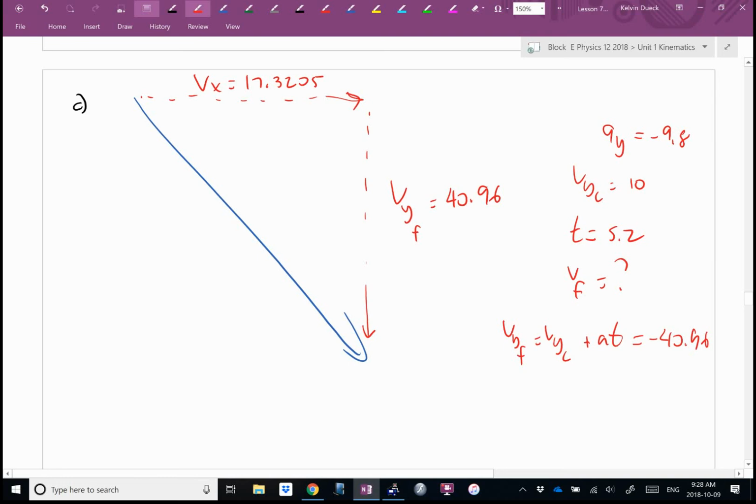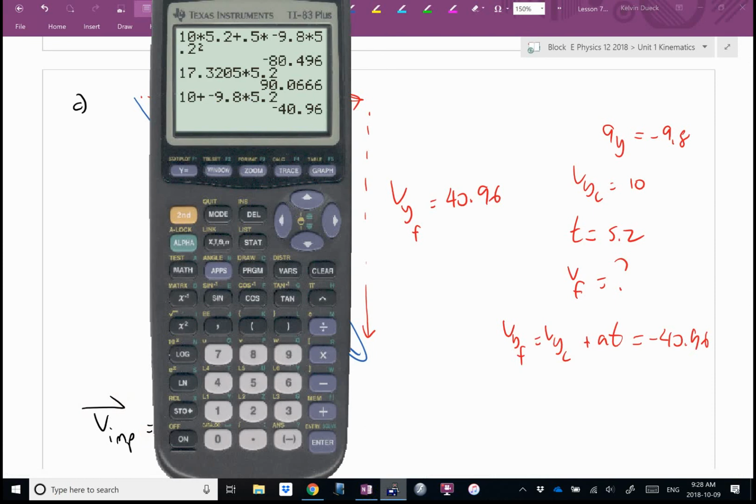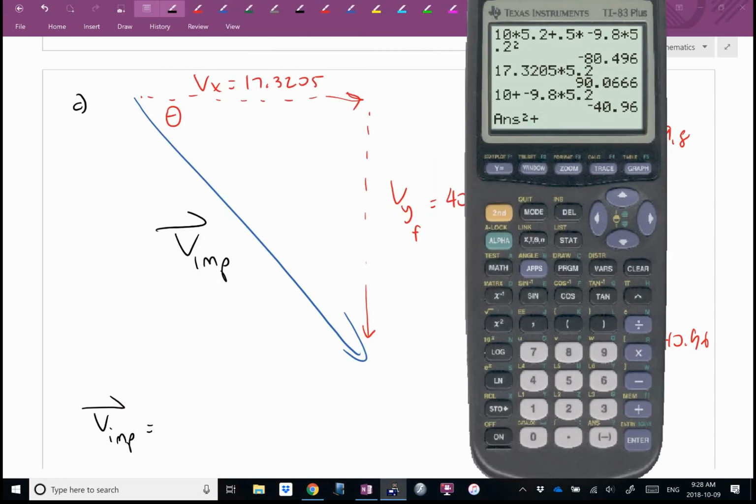Now what? Pythagoras. And where am I going to put theta? Top left or bottom right? Okay. So here's my impact velocity. It's going to be that number squared plus 17.3205 squared, square root: 44.5